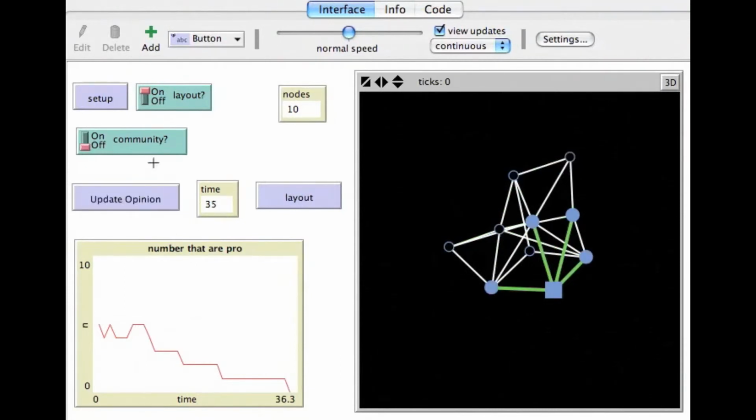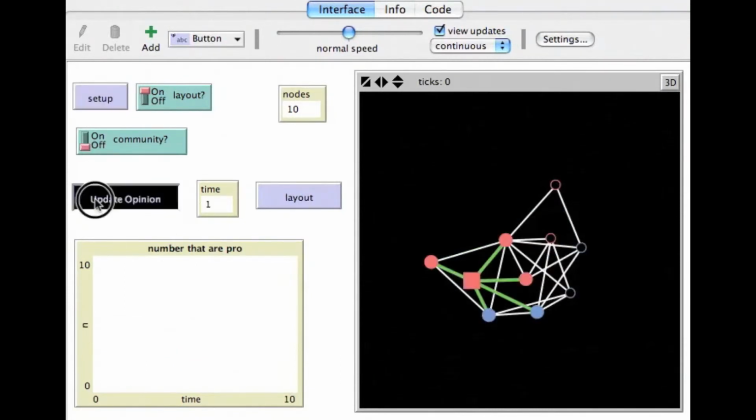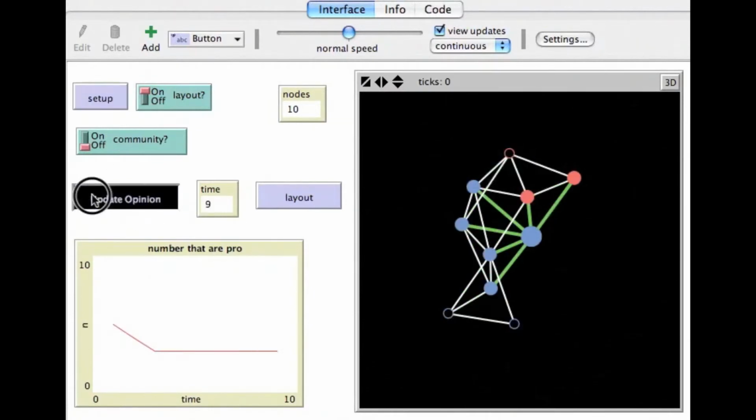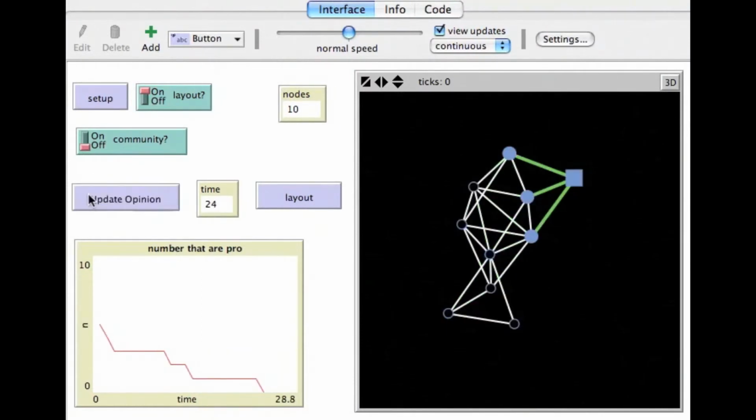There we go, 35. And that was a very fast one, only 8 timestamps before everything went red. So I can play with this model for a period of time and see how long it takes, and typically I'm going to get answers that vary between 10 and maybe 30.